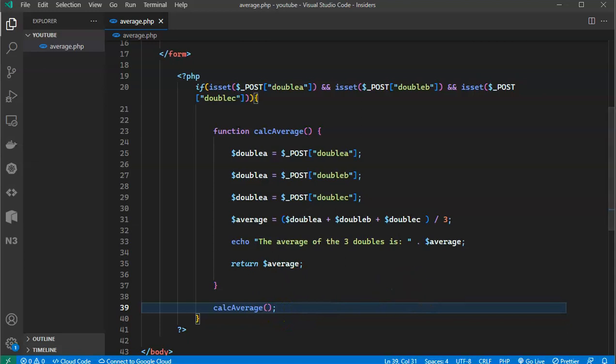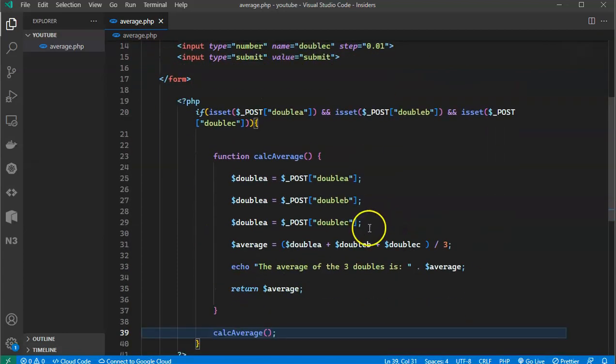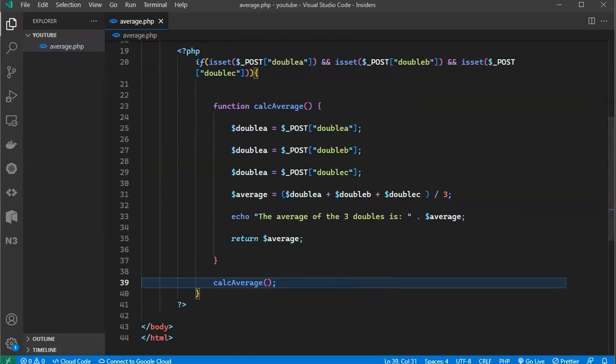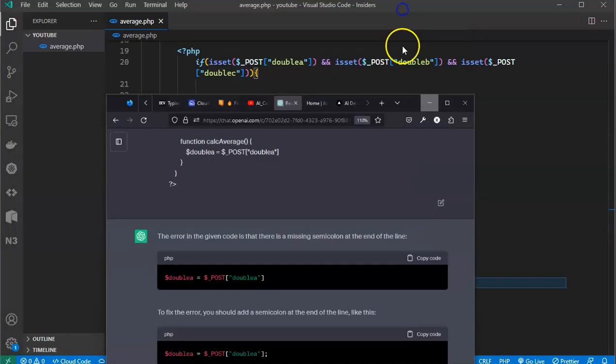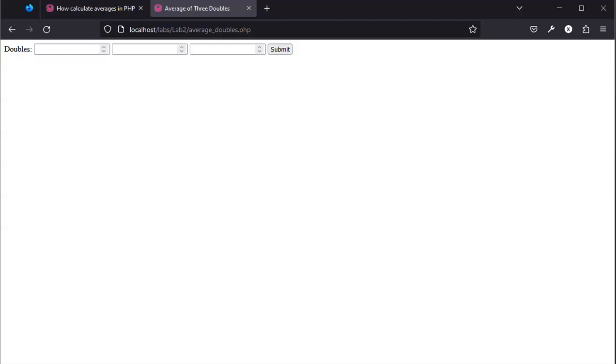So guys, let us test our program. It's just a very simple one, but it's good for beginners. Let's refresh this. First double here, we'll say 45.2, and submit. Now, the average of the three doubles is